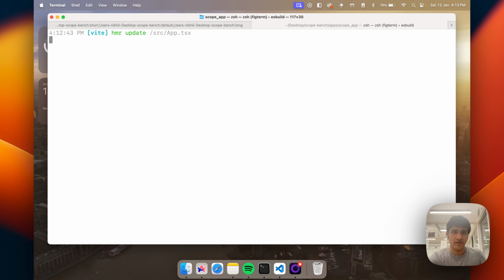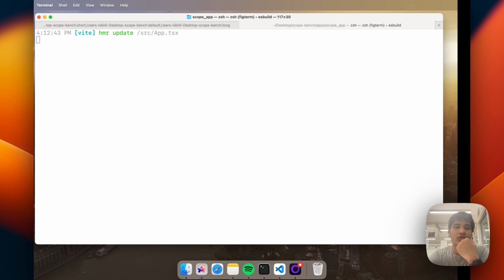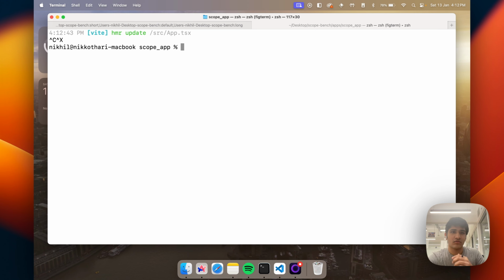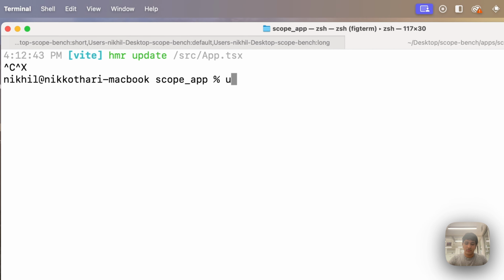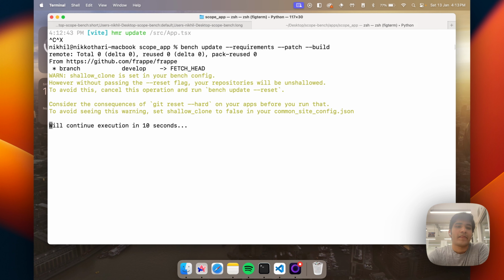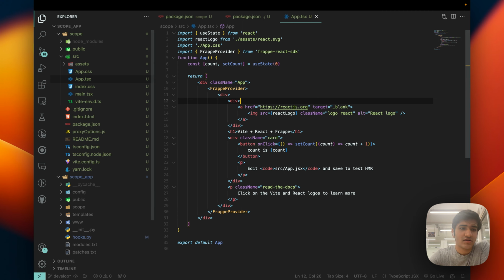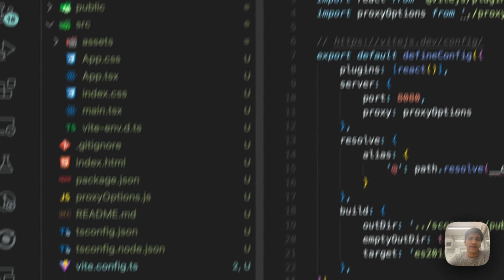So now that's done, we need to look at how it would work with Frappe. So let's close our dev server and let's run bench build, not bench build, but bench update, because we want to update everything. Requirements, patch, build, right? What this would do is install the React app and then copy over that HTML entry. While this is happening, let's also look at the Vite configuration that has been added for our